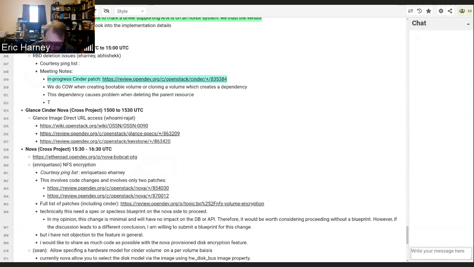It lets you delete an RBD volume from Cinder, and on the RBD backend, it puts the image in a trash namespace where it will hang out until it can be purged later when there are no dependencies on it. So this is looking pretty decent from